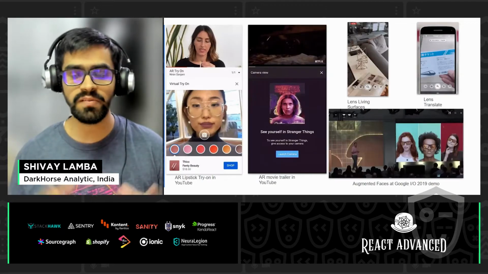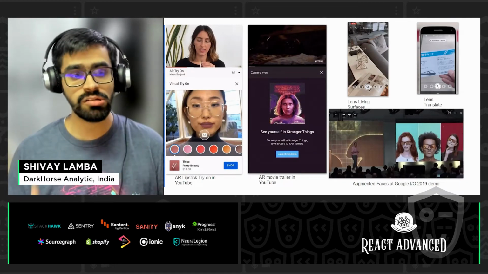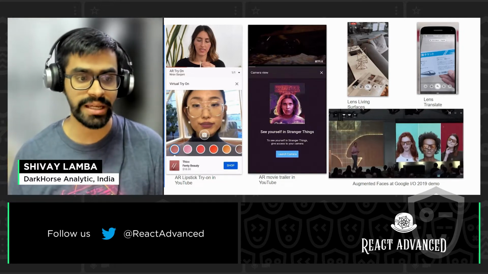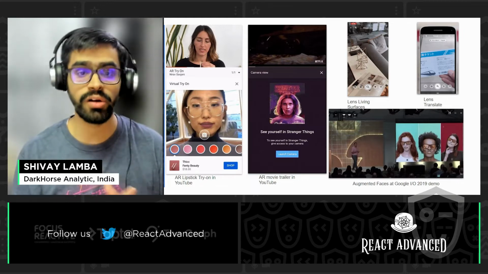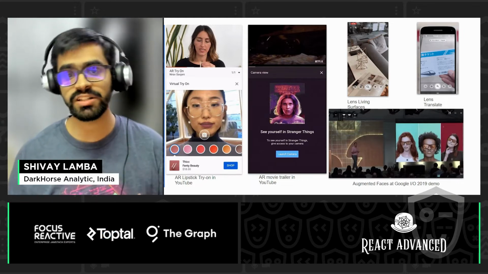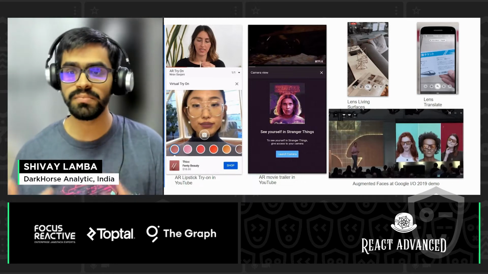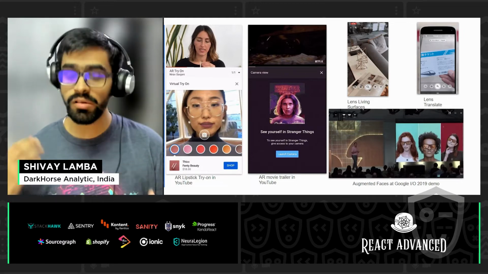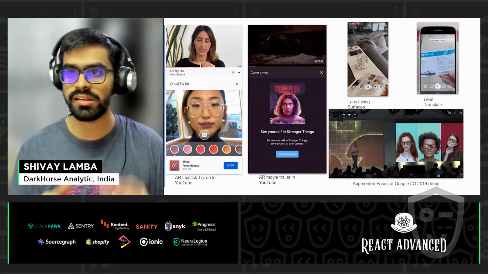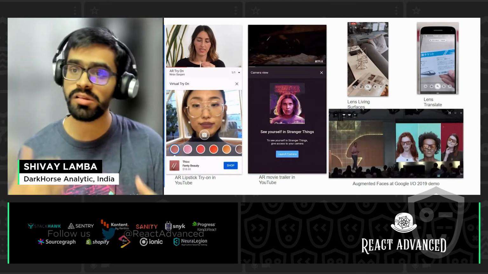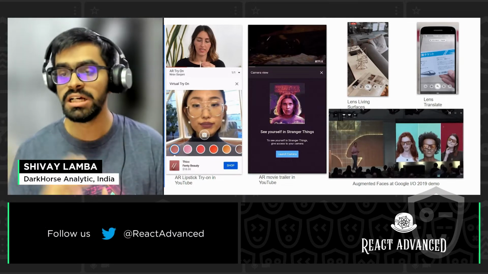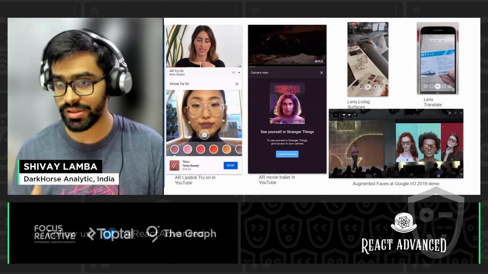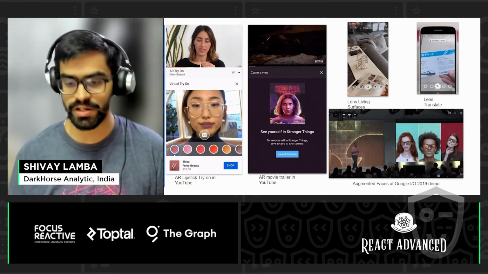And just to look at some real world examples where it's actually being used. We just spoke about the face mesh solution that you can see over here, taking place in the AR lipstick try on that is there on YouTube. Then we have the AR based movie filter that can be used directly in YouTube. Then we have some Google Lens surfaces where you can see augmented reality taking place. You can also see it being used not only in these augmented reality things, but also in other kinds of inferences like the Google Lens translation, which also uses the MediaPipe pipelines in its backend. And you can see augmented faces, which again is based on the face mesh.